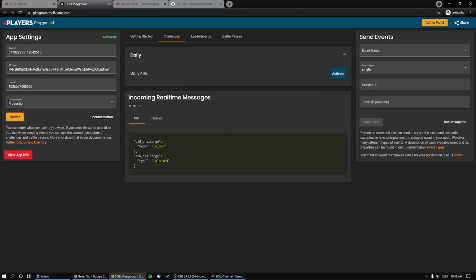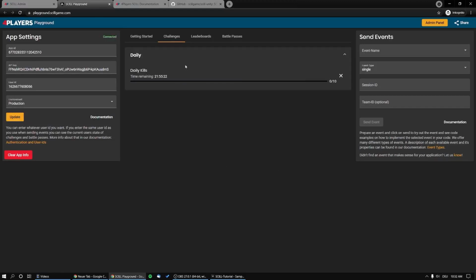And we can also see all messages that are basically being sent to us. In the SDK, we can also receive those kind of messages, so we can immediately check if the unlocking was actually done in SCILL. So let's also activate the challenge,